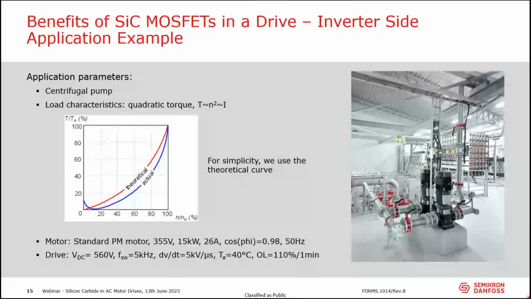But in the end, you have to again look at the application. One of the reasons why I chose the pump here is that it doesn't have a lot of overload, so we won't see a big jump in the delta T junction. It's a pretty straightforward application. If you have an application like, for instance, a crane or a lift, where you start with high carrier frequency, very high load at very low speed, and you always have these big jumps in the junction temperature, then it's probably worth thinking twice and seeing if silicon carbide is the right selection or not. In any case,